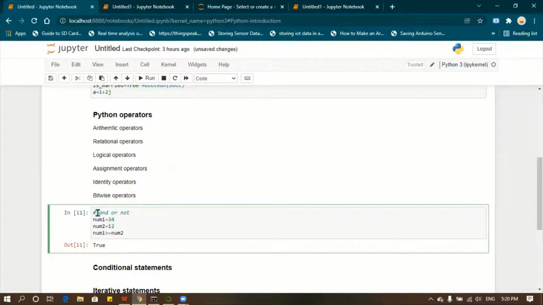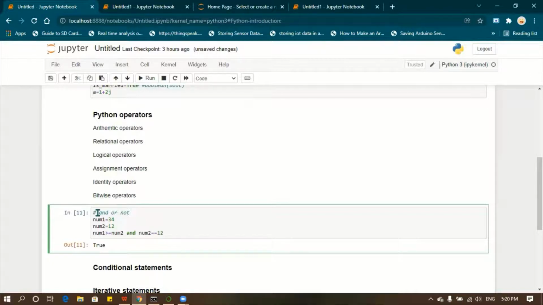So this is one condition. We are checking whether num1 is greater than equal to num2. If I want to check more than one condition, at that time I can use these and, or, not operators. I want to check whether num1 greater than equal to num2 and num2 equal to 12.